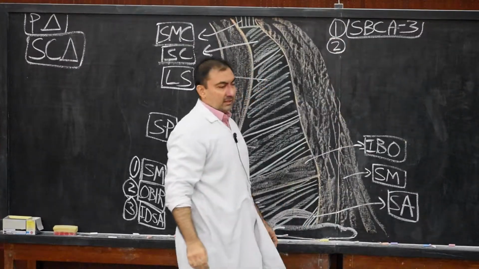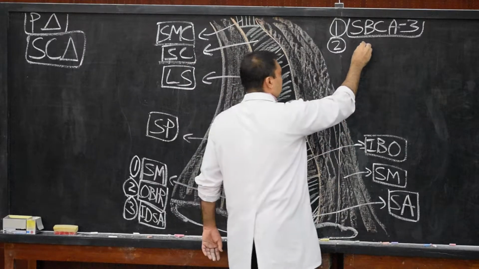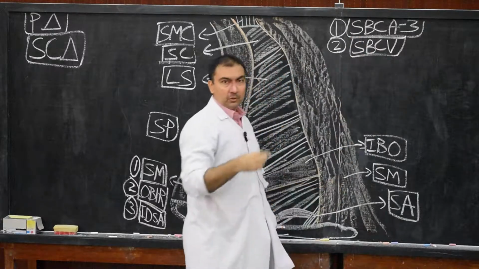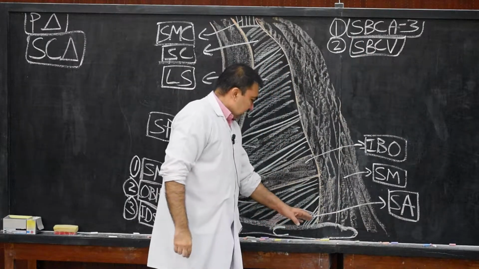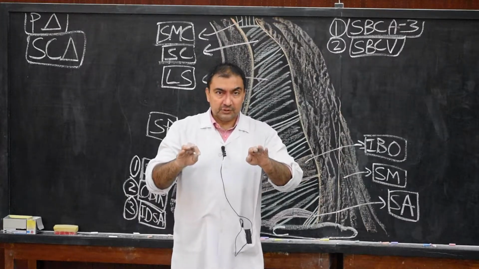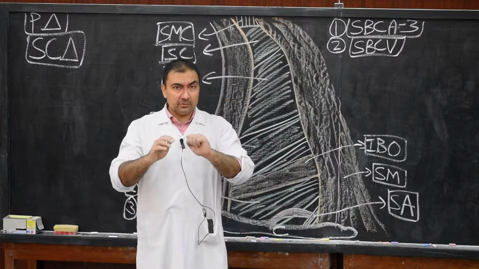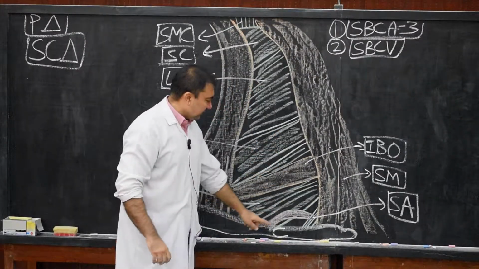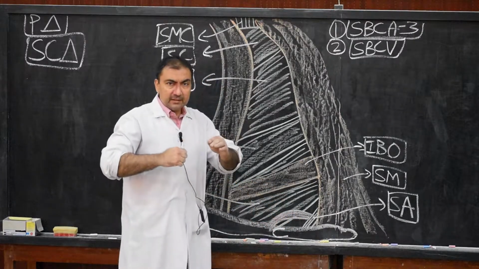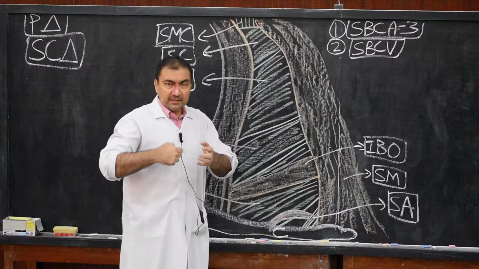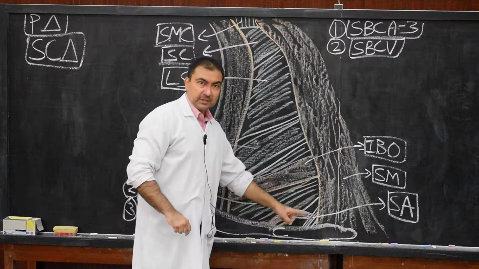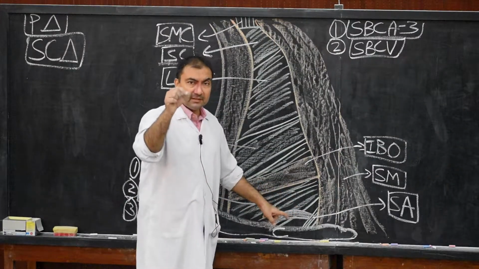Please note down. After subclavian artery, subclavian vein. Now here, once again, an important note: just like scalenus anterior, the subclavian vein is not seen in the routine dissection. Whenever you are dissecting, subclavian vein is not visible because it will lie behind the clavicle. But here we need to show them. If you retract the clavicle towards you and go deep in this fossa, the supraclavicular triangle, you are able to see definitely the subclavian vein.